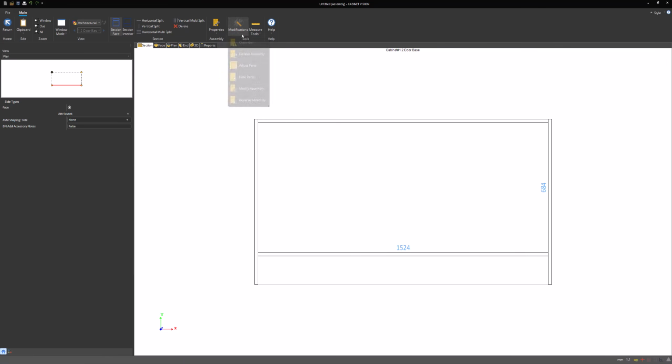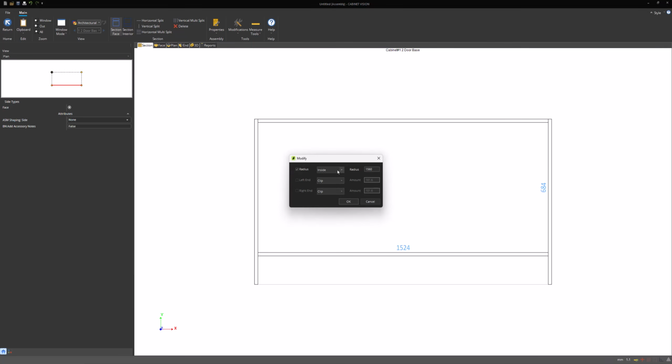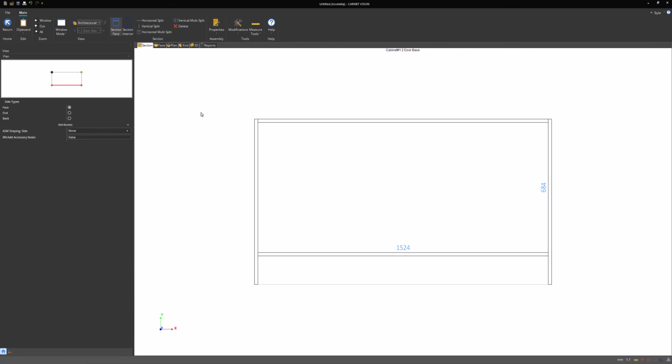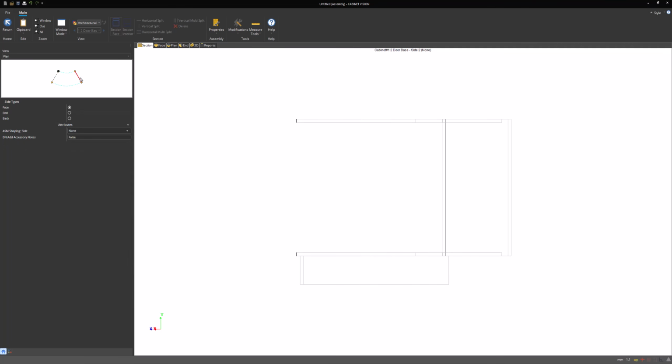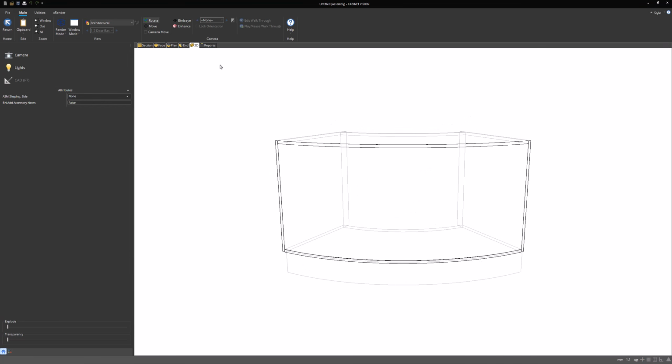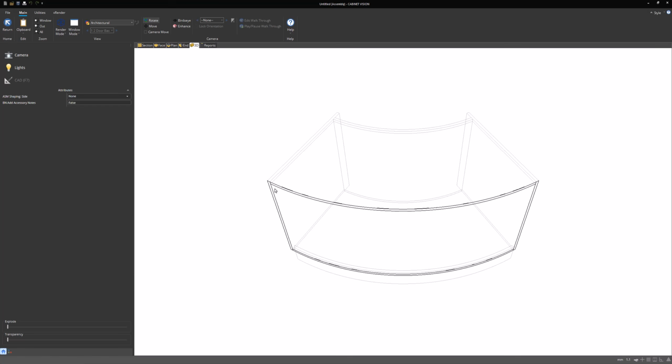And I'm going to go back to modifications and I'm going to go modify assembly again, and I'm going to do the same thing, but I'm going to do this instead of on the inside, on the outside. And I'll specify my end panels again on this one. But you'll see we've got another radius unit, apart from this time the radius is obviously on the outside rather